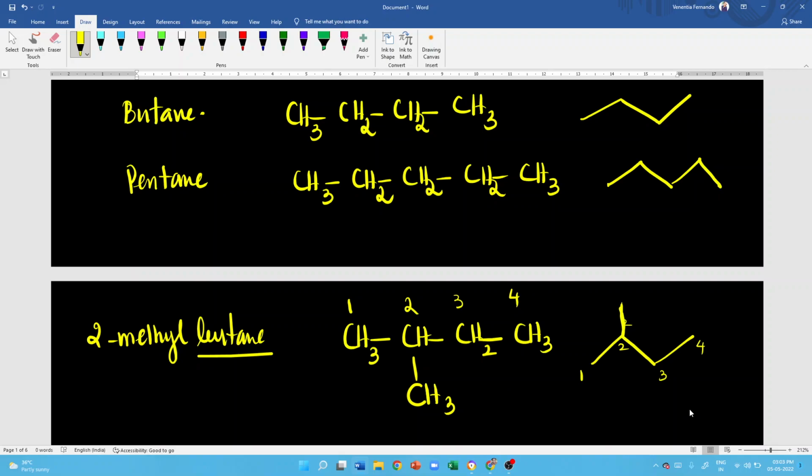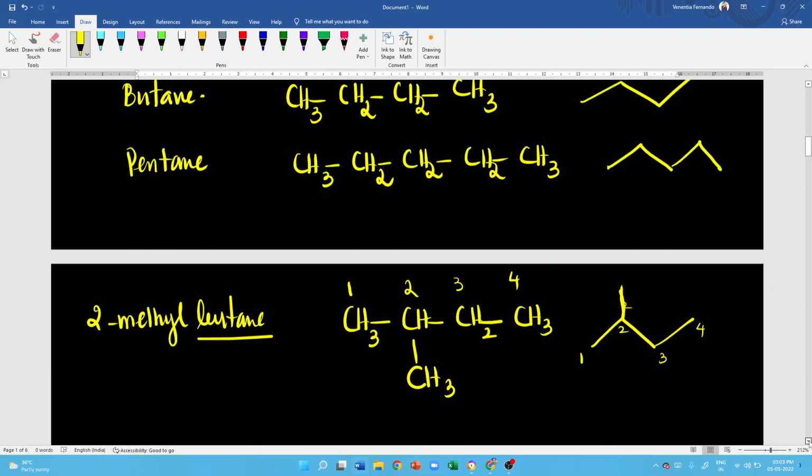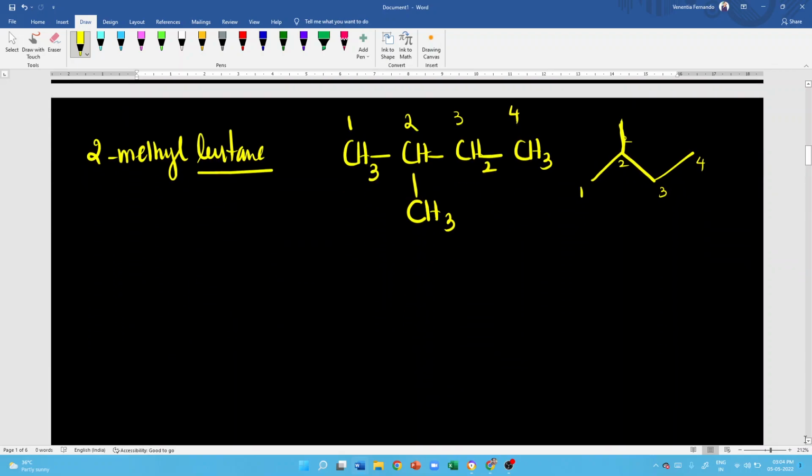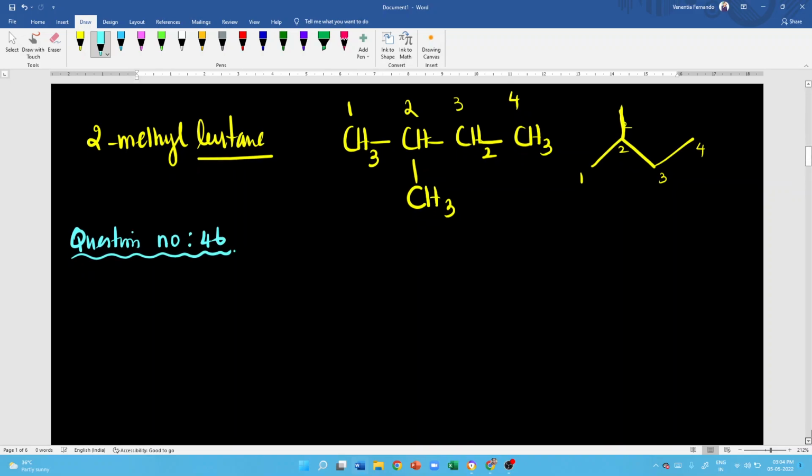In your textbook you have one question. Question number 46. This question is to name the structures of the following alkanes. So question number 46, let's go through it. Here 3 compounds are given. The first one is